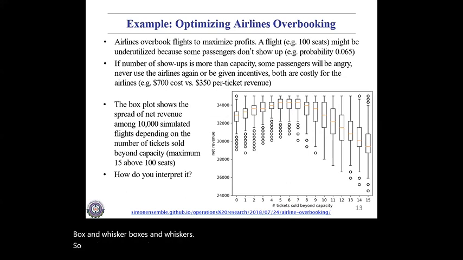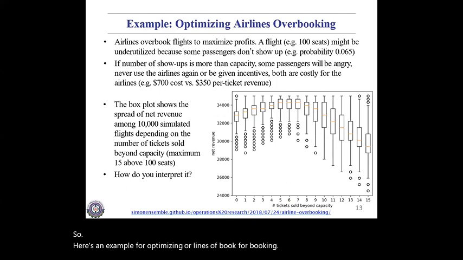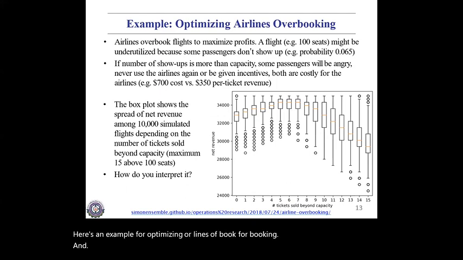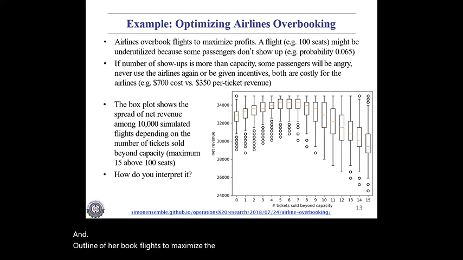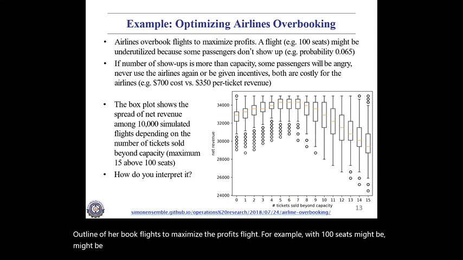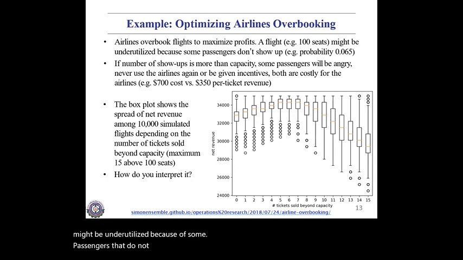So here's an example of optimizing airline bookings. Airlines overbook flights to maximize profits. A flight, for example, with 100 seats might be underutilized because some passengers do not show up. So there is a probability that passengers do not show up, in this example